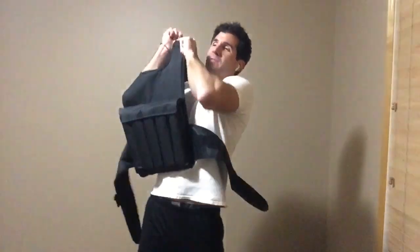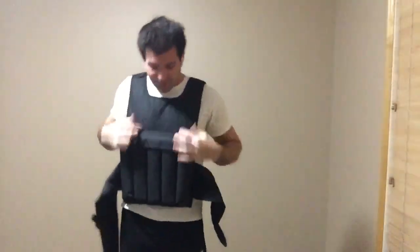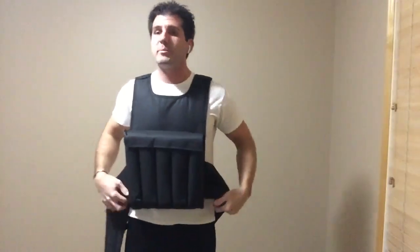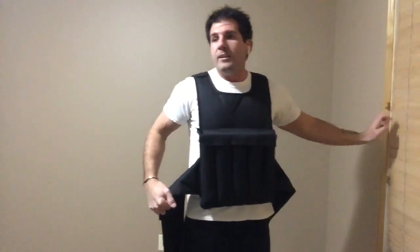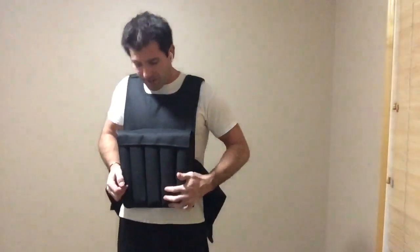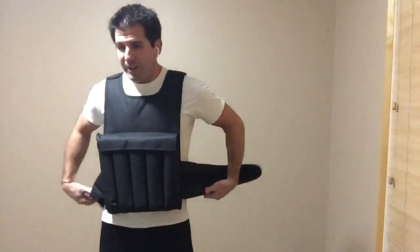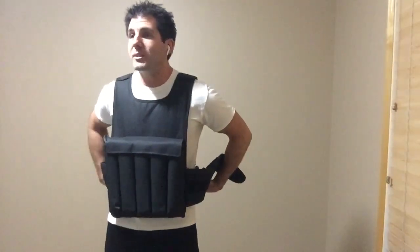Ugh. So, watch me struggle to put this thing on. Oops. So, I might have it on backwards. Yeah, I have it on backwards, but anyway, it doesn't really matter. Sorry, I was just feeling where I am to make sure I'm still hopefully in the shot. But anyway, it's a 45-pound weighted vest. So I have it on backwards, so I can't really put it on the way it's supposed to be, but